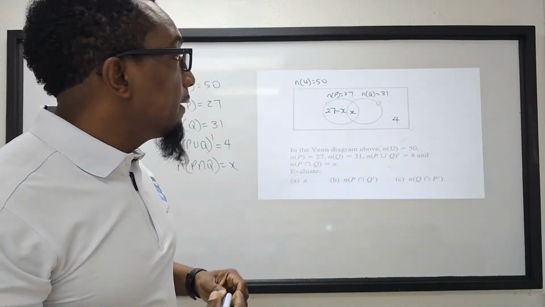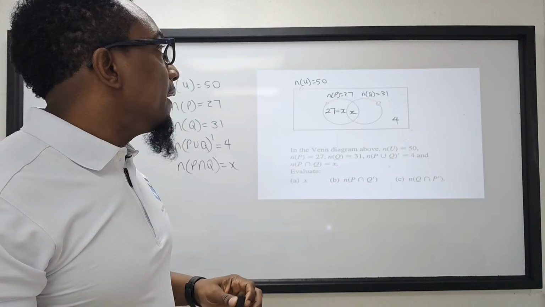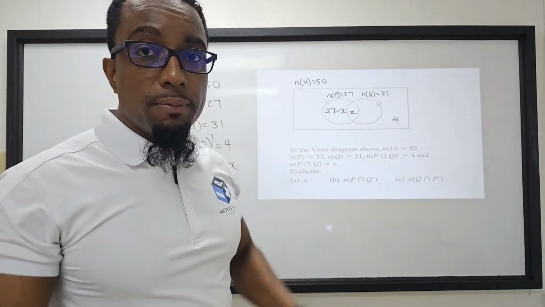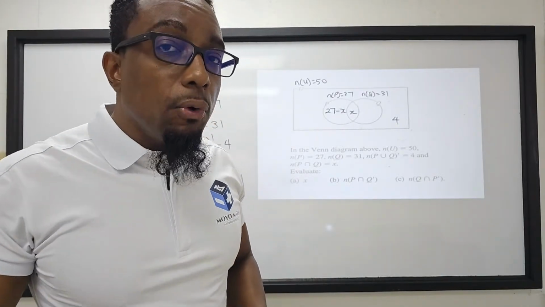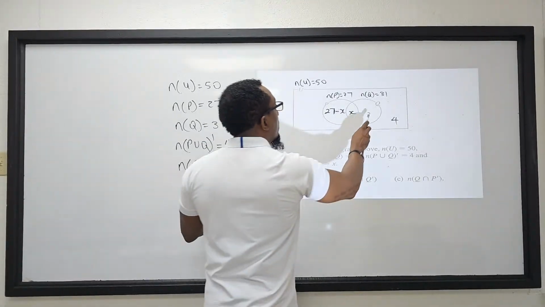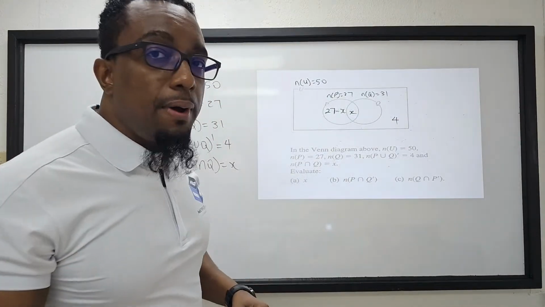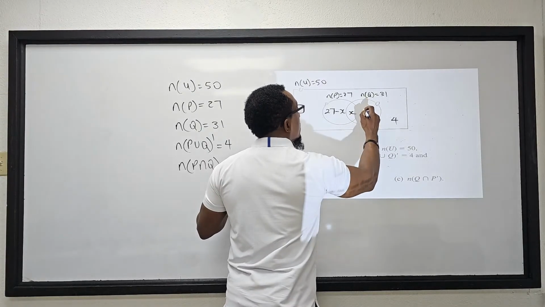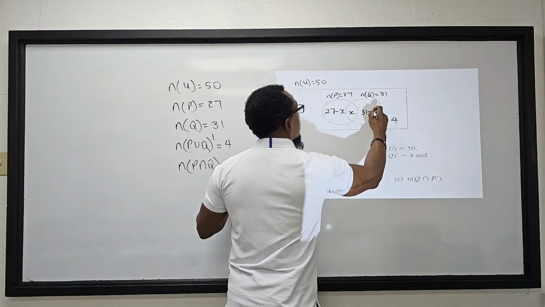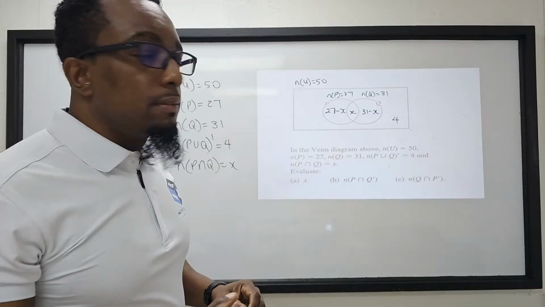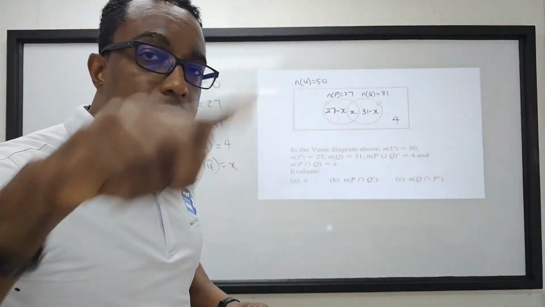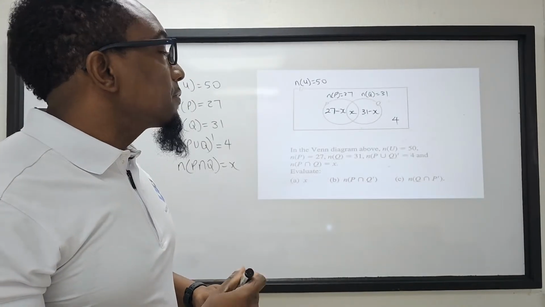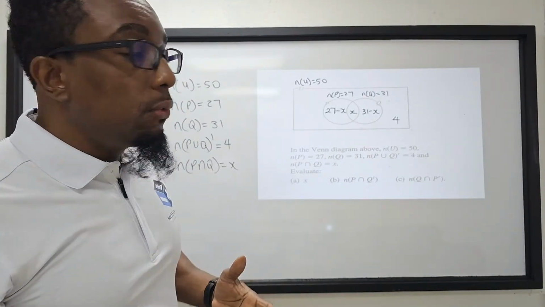So we have the number of students who play the piano only. But then we have students in the class who play both, which we have as x. And we have students in the class who play the quattro only. So the quattro only, which is this region here, can be found by subtracting x from Q, which is Q subtract x, right? Or 31 subtract x. Q being represented by, or 31 represents Q. Yeah? So therefore, for us to find the number of students who play the quattro only, of course we subtract